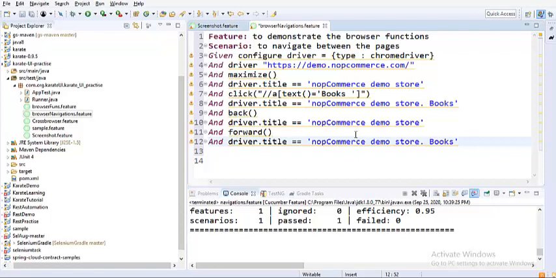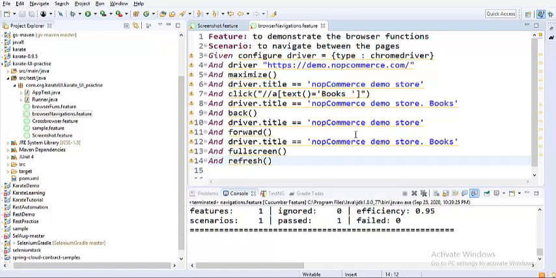Okay, so now we are in the books page. What I would do is call a full screen method, so you can see how this gets to the presentation mode. This is the little objective of this particular script. And maybe let me just use reload as well, or refresh. Both are the same thing. The only difference is that one persists the cache and the other just deletes that. So I think we are pretty much ready.